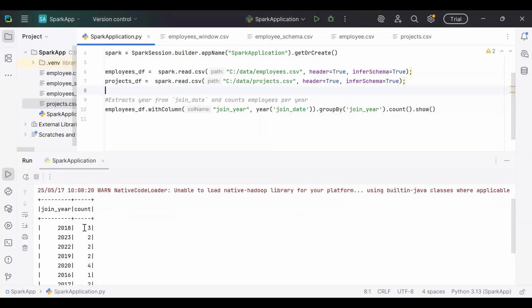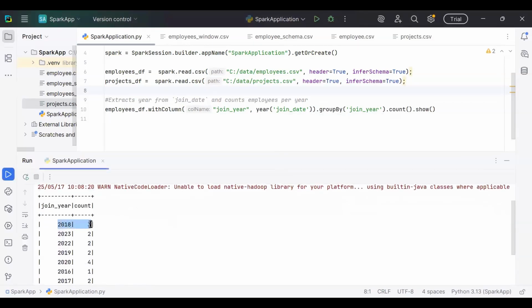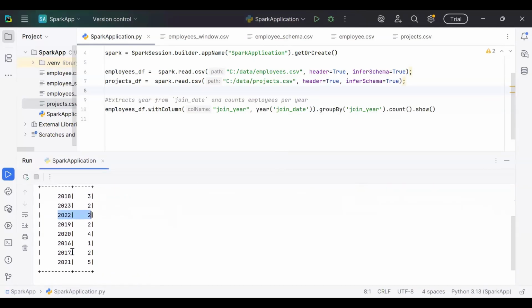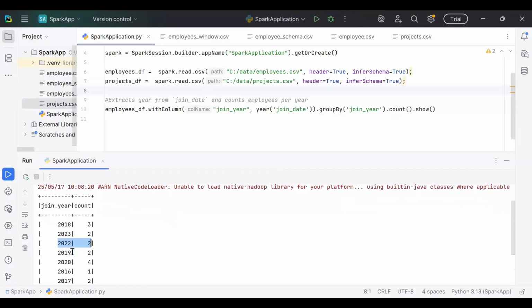So you see, in 2018 I got 3 joins, in 2023 I got 2, and in 2022 I got these. So this is how you can group: in the current data frame, I add another column with withColumn, join year. So this is the join year I got, right? And on that,